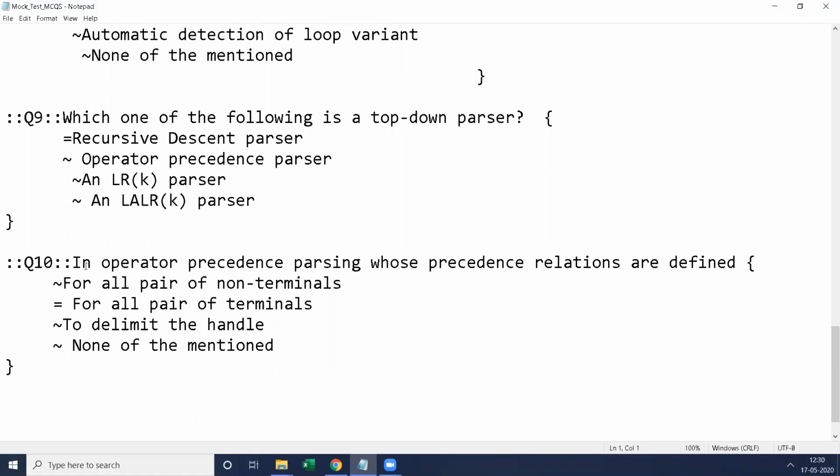In question number 10, this is the question title. The question title I used here is Q10. If you want to represent a question title, whatever question title you are taking should be preceded by double colon and followed by double colon.